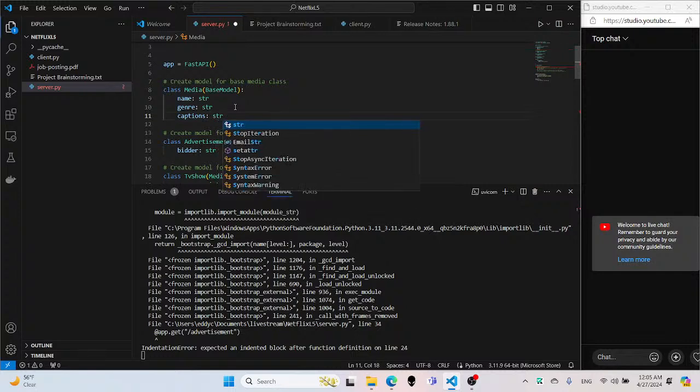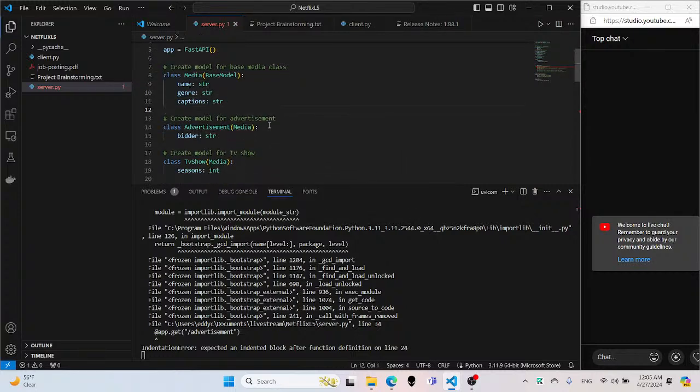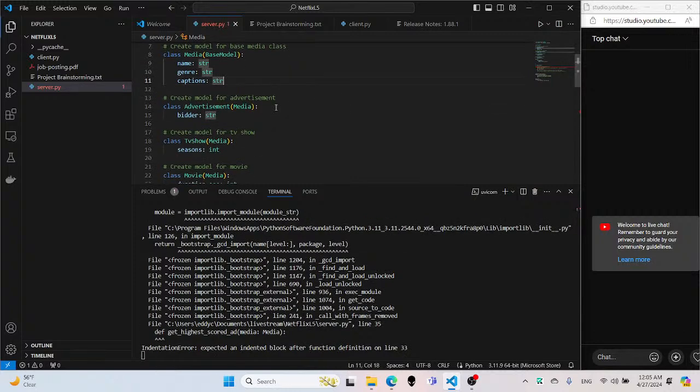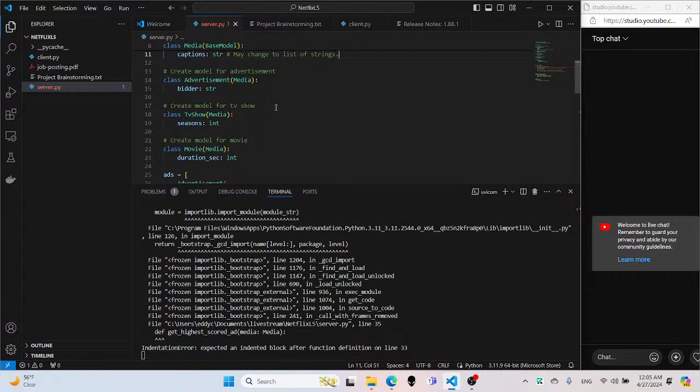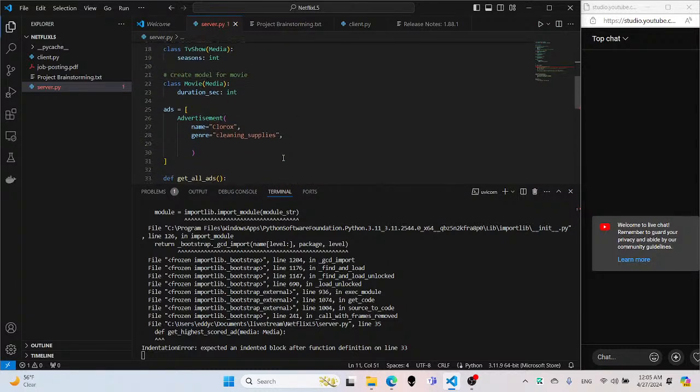For now, I'm just going to make it one big string. I think that's going to change to a list of strings. So this is going to be captions equals